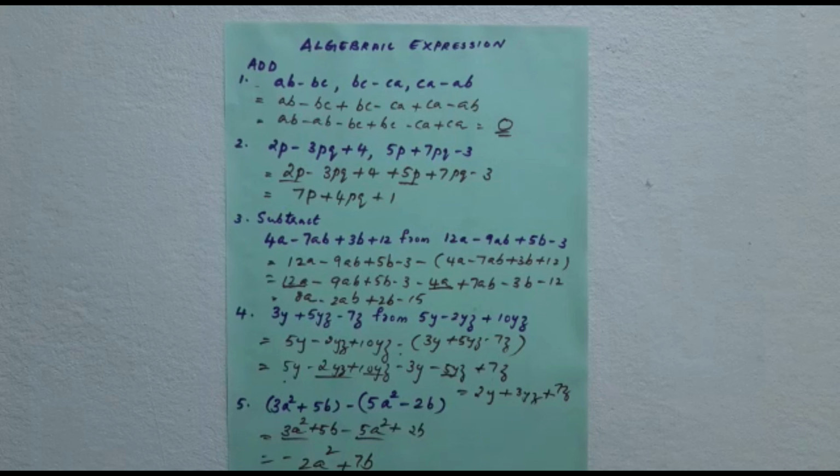So this is the way we can simplify polynomial addition and subtraction. The concept is that we have to add and subtract only the like terms, where the variable must be the same along with the power, and then we can add and subtract the coefficients standing along with the variable.